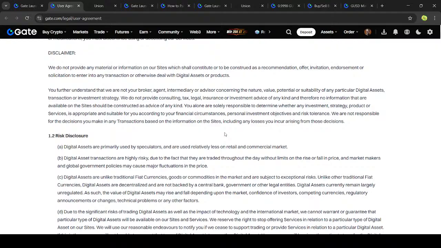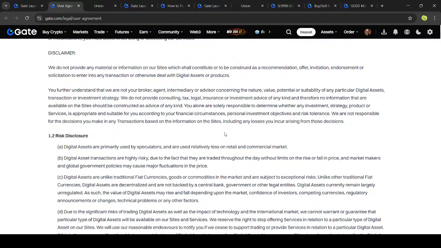So you should understand that we are not your broker, agent, intermediary, advisor, and consulting on the nature, value, potential or suitability of any particular digital asset, transaction or investment strategy. We do not provide consulting on tax, legal, insurance and environmental advice of any kind, and no information that is available on the site should be construed as